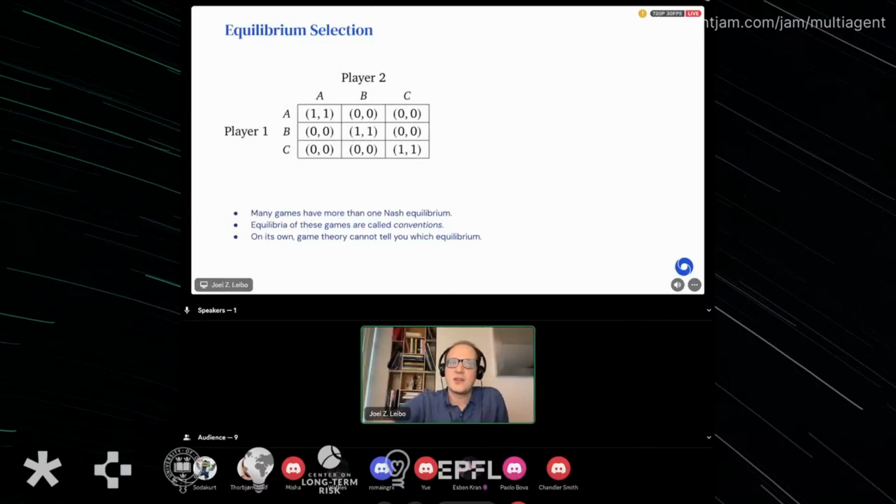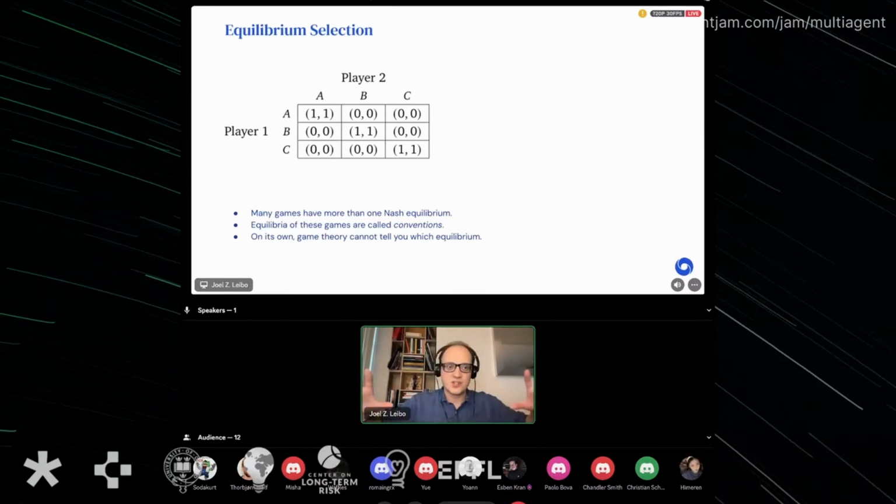People talk about that as being extraneous to game theory. If you knew other things about the world, maybe you could make that prediction, but not just on the basis of the game as it is here. What kinds of things could tell you? Well, maybe in this social situation modeled by this game, A is the default choice. So then you expect, okay, probably people aren't going to change the default, so I should just also pick that one. That's one possible reason that you could come to a prediction.